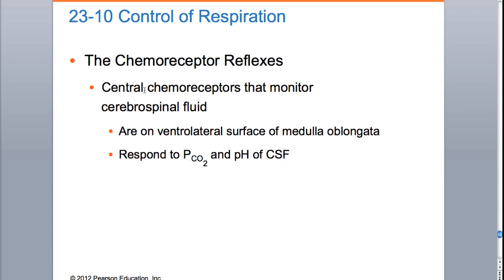Next slide. Here's what our sensors will do for us. Notice it says pH of cerebrospinal fluid. Because remember, we cannot screw up the brain cerebrospinal fluid. We cannot have too much CO2 buildup in the brain. It's going to screw up the brain. So you want to make sure that the pH of your brain fluid and the CO2 levels of